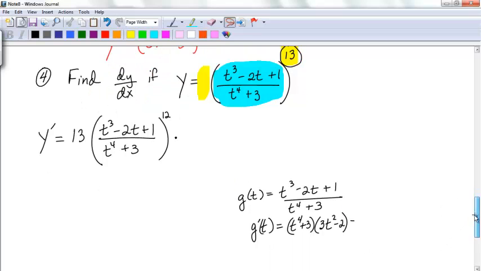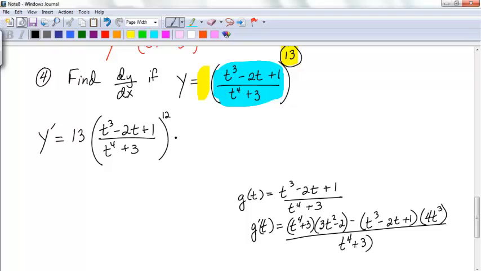Okay, so we have: we leave the denominator the same times the derivative of the numerator, minus, leave the numerator the same, times the derivative of the denominator, which would be 4t to the third, and it's all over that denominator squared, (t to the fourth plus 3) quantity squared. Then you would simplify all that. When you simplify all that,